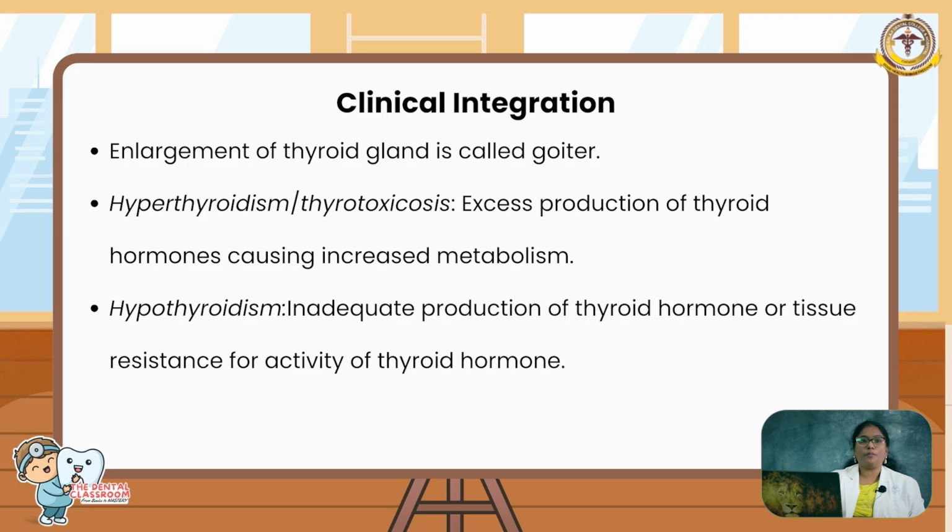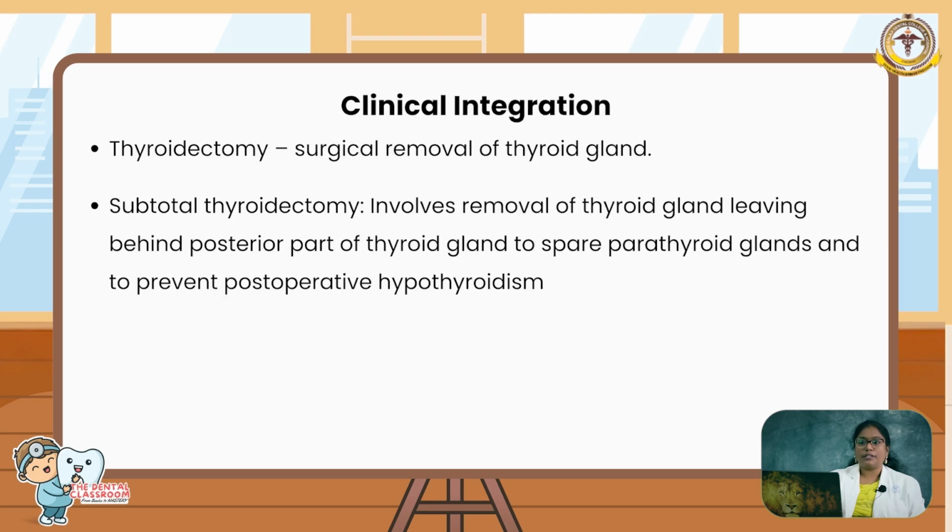Hyperthyroidism: excessive production of thyroid hormone causing increased metabolism. Hypothyroidism: inadequate production of thyroid hormone or tissue resistance to the activity of the thyroid hormone. Thyroidectomy: surgical removal of the thyroid gland. Subtotal thyroidectomy involves removal of the thyroid gland, leaving behind the posterior part of the thyroid gland to spare the parathyroid gland and to